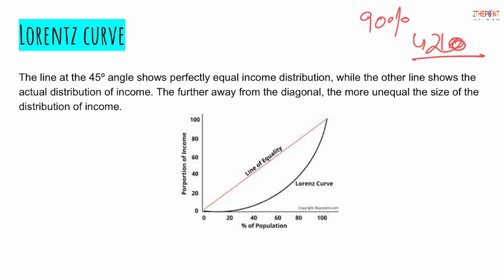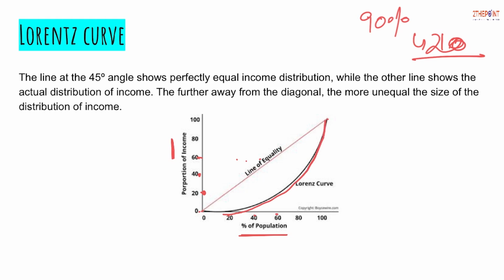Now I'll explain how the Lorenz curve works. The y-axis shows the income and the x-axis denotes the population. This is the perfect line of equality, where 20% of the population gets 20% of wealth, 40% of the population gets 40% of wealth, 60% of the population gets 60% of wealth, and likewise. Whereas this is the Lorenz curve, which shows the inequality in distribution